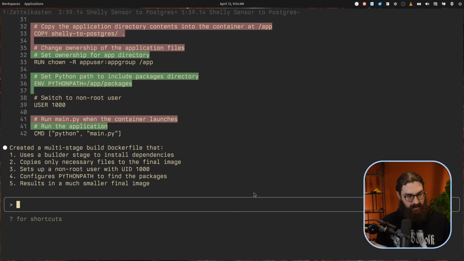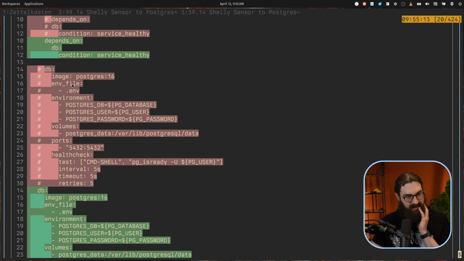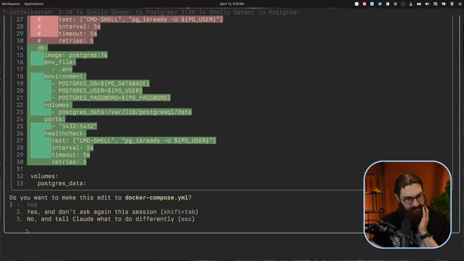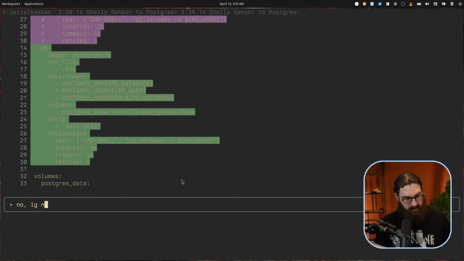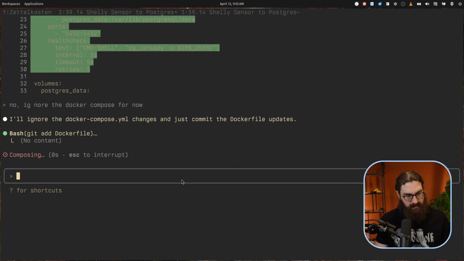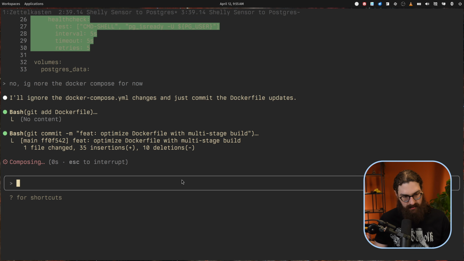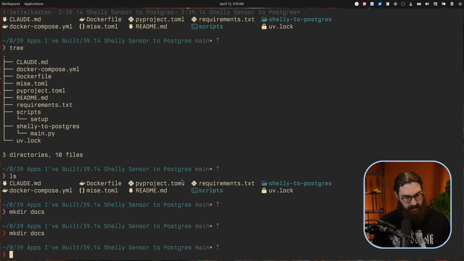Oh, you know what? Before I do that, I should actually just commit my changes. Interesting. So it detected that I had been changing the docker-compose.yaml. Do you want to make this edit? No. No, ignore the Docker compose for now. Okay, so it's now committing the Dockerfile updates. Okay, so that is now committed. That's nice. Now I will just do a docs directory,